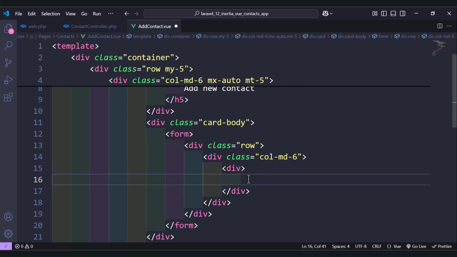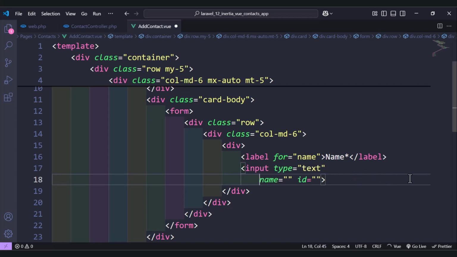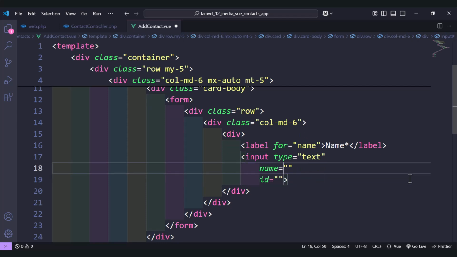and inside we need a label, and the label will be for the name, and here let's add name and add a star to tell the user that this is a required field, and we need an input field of type text. Here we don't need name and ID, but just for better practice let's add name here and also name here. Okay,